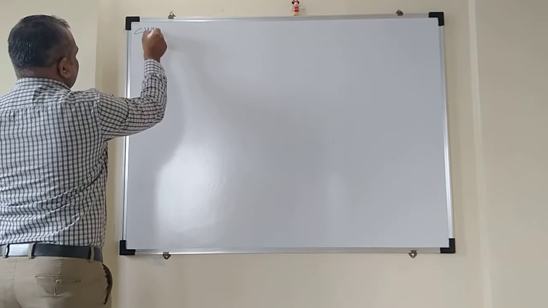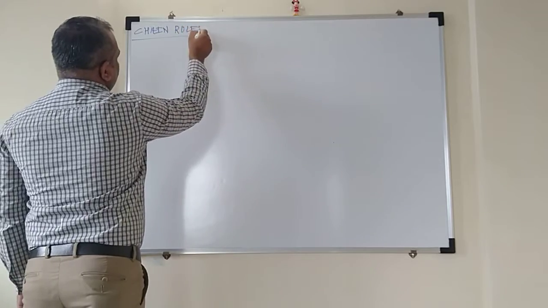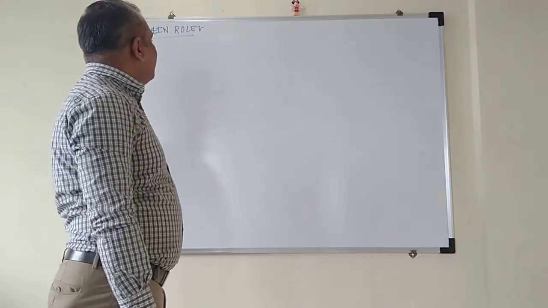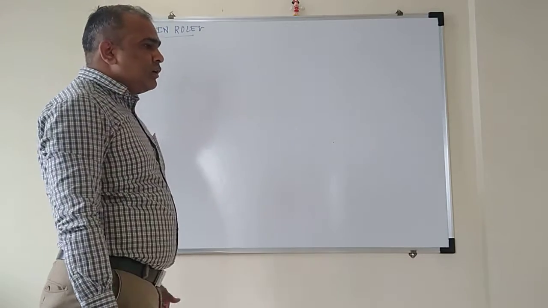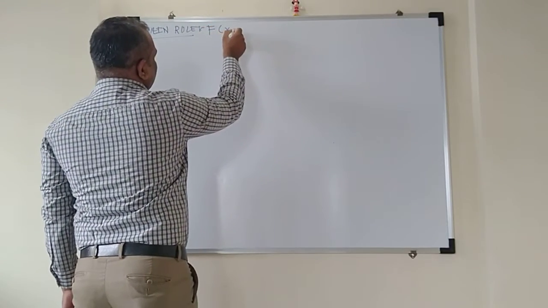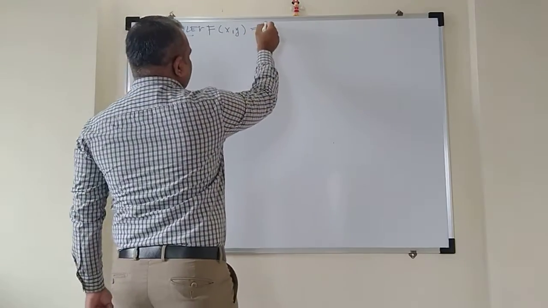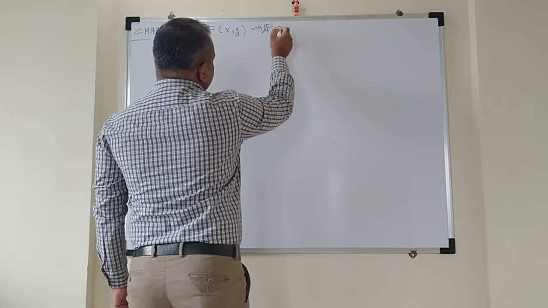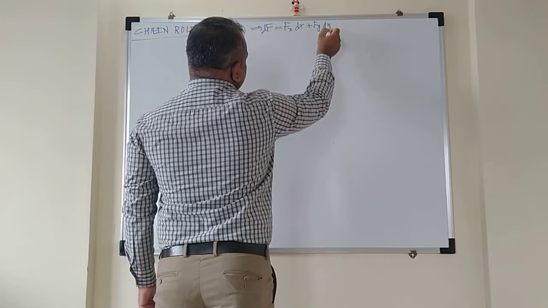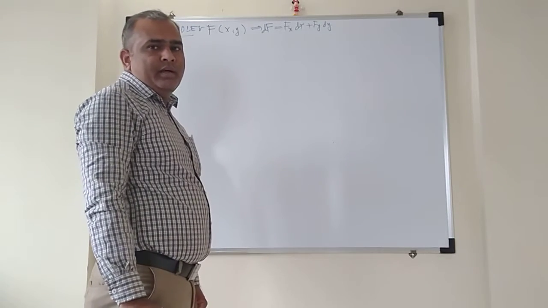So, chain rule. Let's go first through the topic of the chain rule and then go for the solved and unsolved problems based on it. In total differentiation we have a function f, which is a function of two independent variables x and y, and this gives you the total differential df equals fx dx plus fy dy, where fx and fy are the partial derivatives of the function with respect to x and y respectively.